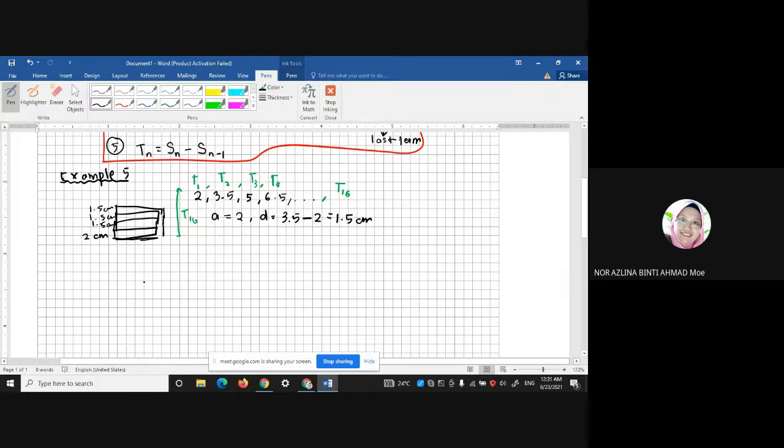So formula ni untuk T16: Tn equal to a plus n minus 1 d. So T16, a kita 2, gantikan saja dalam rumus, 16 tolak 1, d adalah 1.5. So total ni semua kita darabkan dulu. Okay, multiply first then you plus, you will get 24.5 cm. Okay, next, for B,